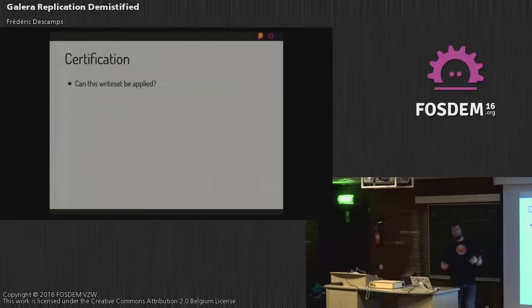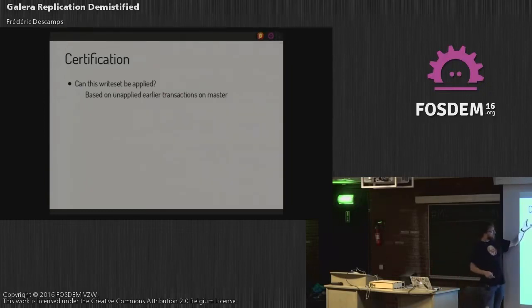And what is then the certification? I go a bit fast, we can discuss later as there is nobody after me, but I would like at least to go through the slides. So what's the certification? The certification is just answering this main question: can this write be applied on the machine I am trying to do the certification on? So if I can apply, so if there is no conflict, then yes, certification passes. If there is something that blocks me from writing that data on the node, then certification fails. You're going to see that after.